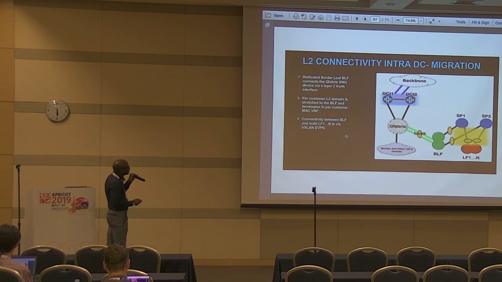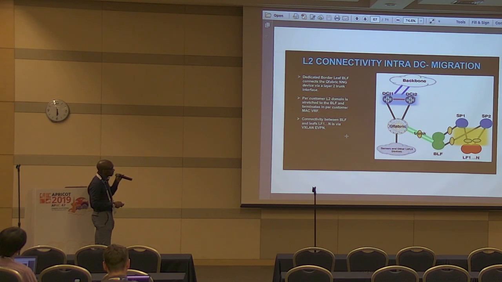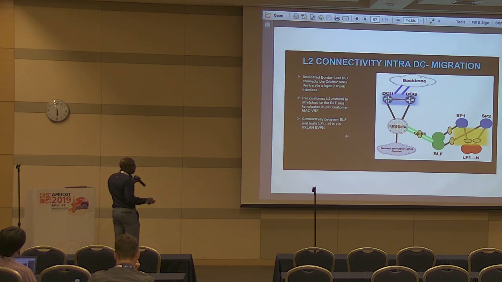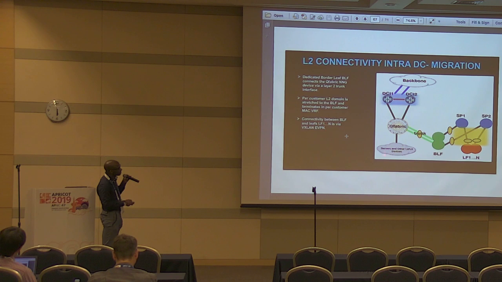On the border leaf, each of the SVIs now sits in a separate per-customer MAC VRF, and connectivity between those MAC addresses learned over that trunk interface on the border leaf to all the leaves is done over VXLAN EVPN. So from here, I could have connectivity to any of the layer 2 services hanging off the QFabric within